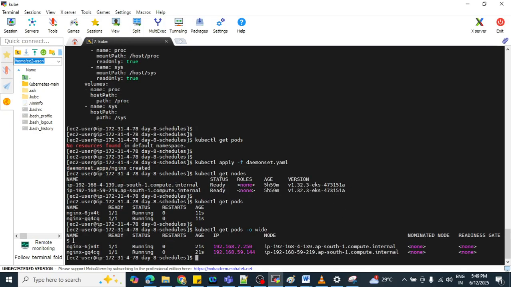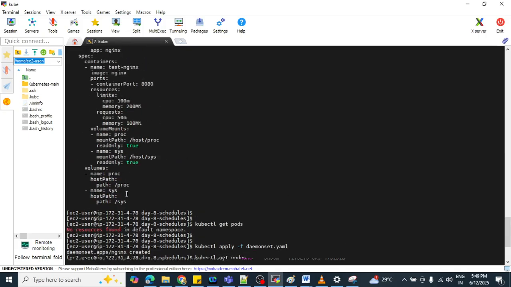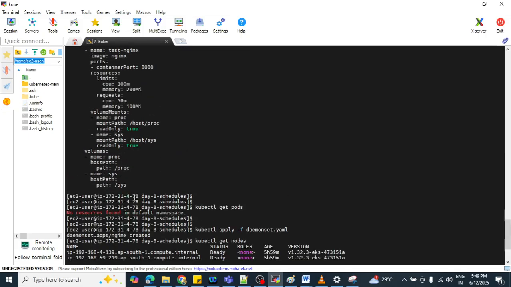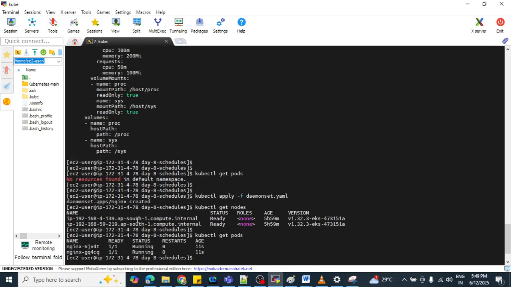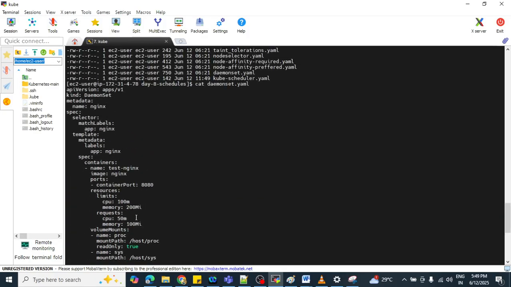now you can see this particular pod is running on this node, and this node also. Got it? Here we haven't defined any replica set, but it is running on both of the available nodes.